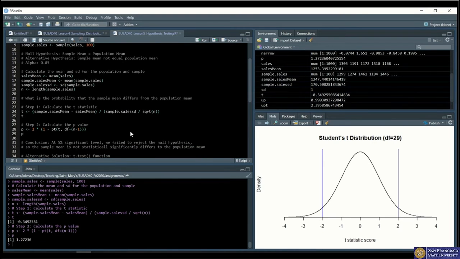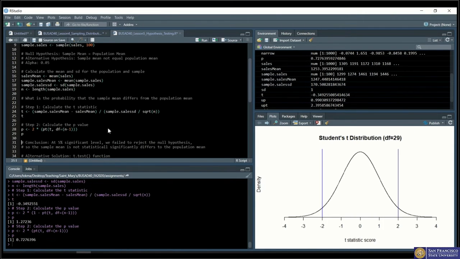All right, so I'm getting a result of, so I think something is wrong right here. I guess it's on the negative side, so we don't have to do -1, my bad. So let me just run this one more time. Okay, so that makes more sense. So now I can see the left side and right side tails combined have a probability, or p-value, equal to 0.7276,